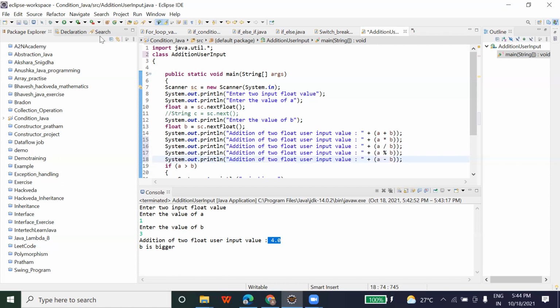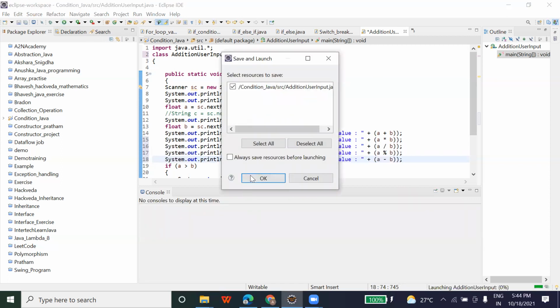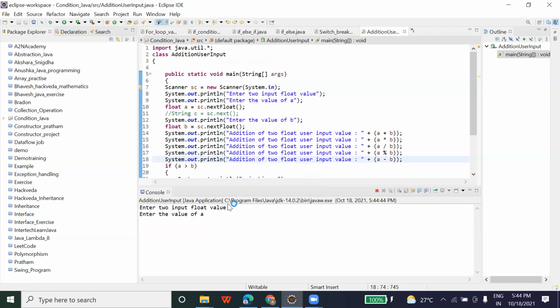Let me run this program again. Any one of you can tell me any number. Here I've taken float. Float means it's in decimal. So any value you can say, what value should I take for a? 20.5, sir. Okay.